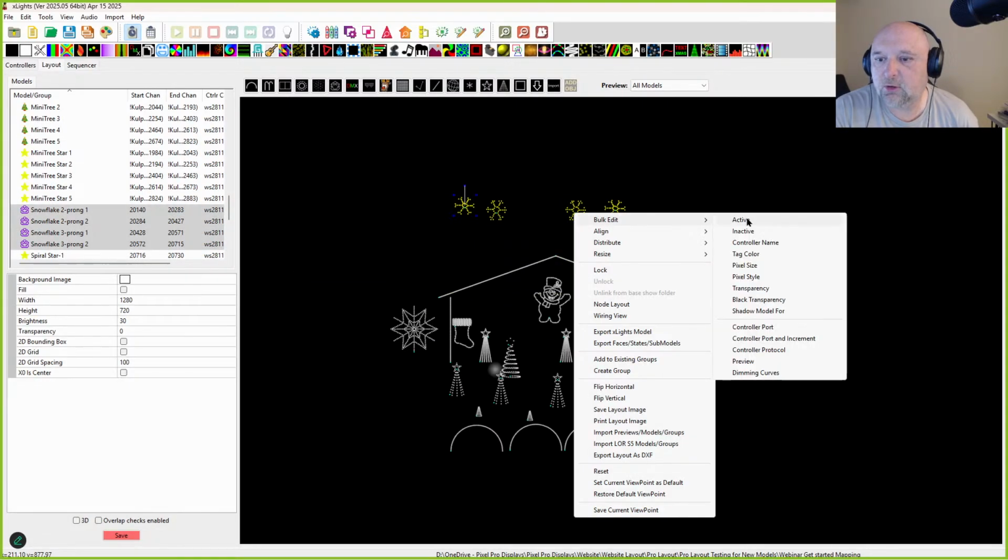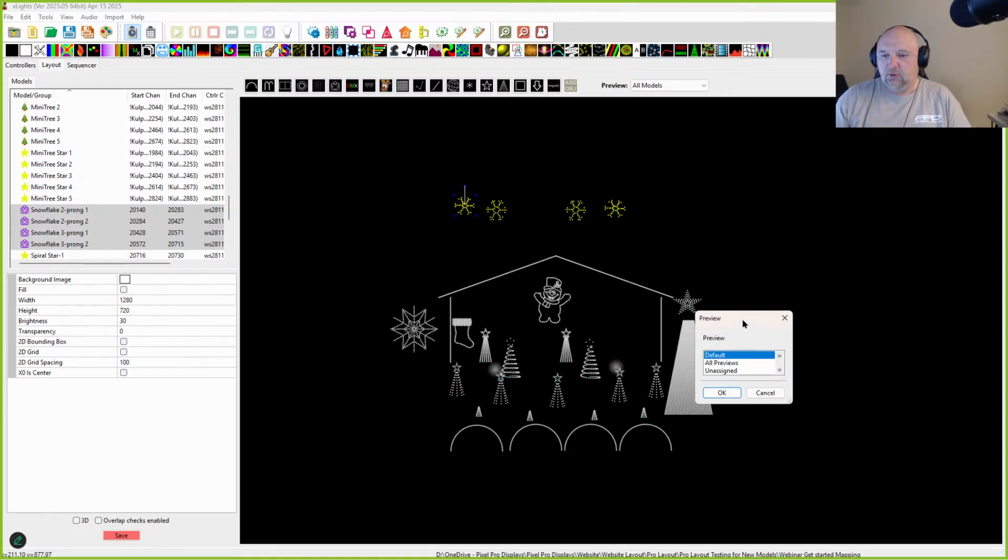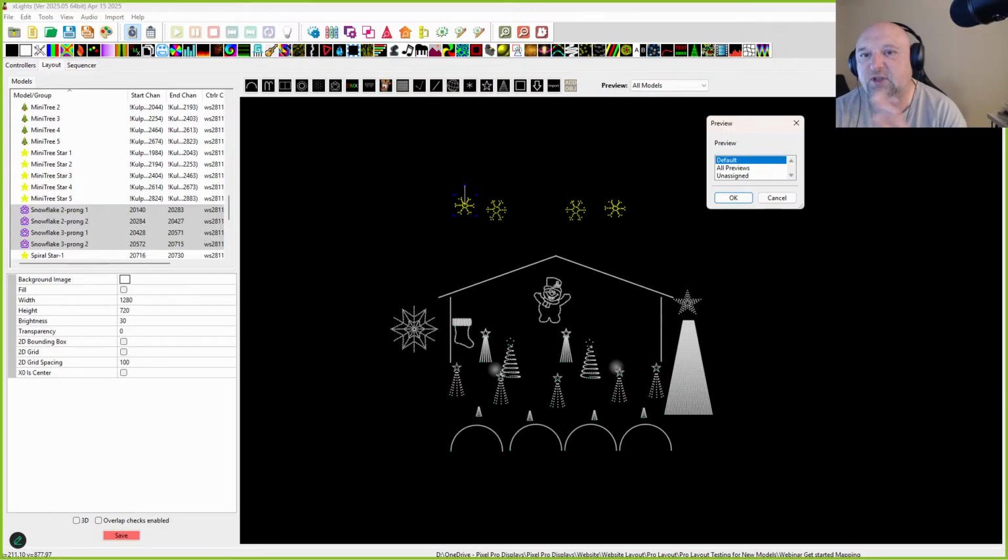Right click, bulk edit, and preview. What would preview mean? So in xLights, we have something called a preview, and the previews are used to set up different scenes if you are doing different layouts. That was the original idea behind the preview screen, was to have different holidays that you might do, like Halloween and Christmas, and it really wasn't exactly set up